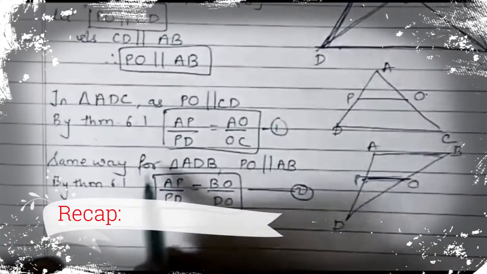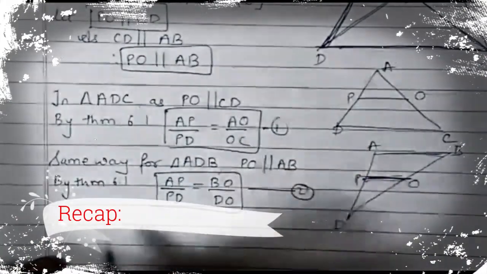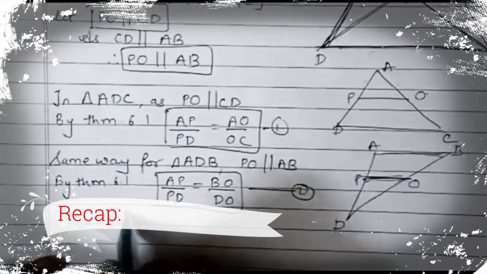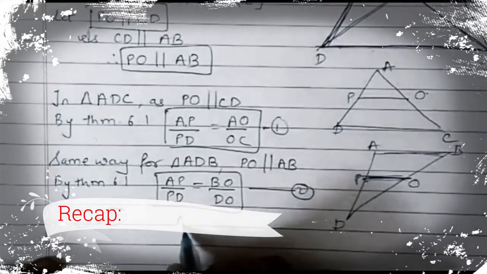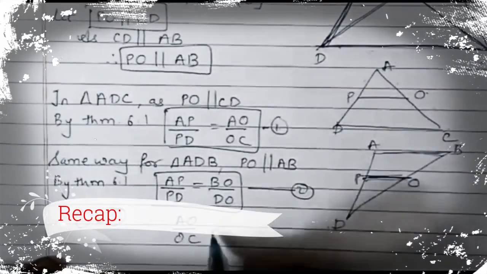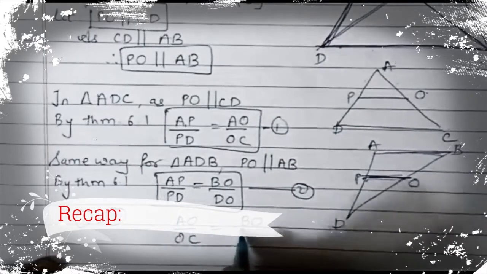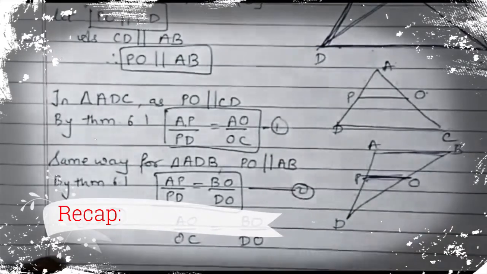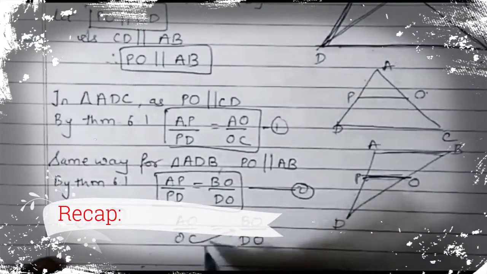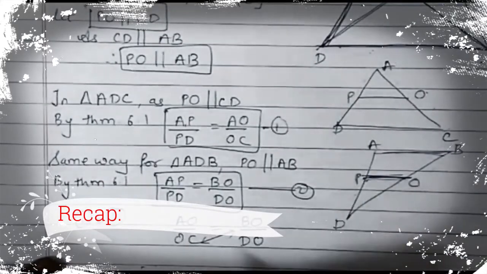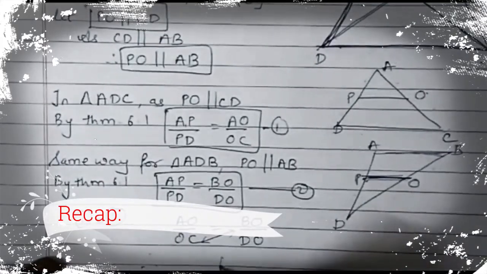First and second result, so their left hand sides are same. So we can write result number 1 can be equated as 2. We will get AO upon OC will be equal to BO upon DO by cross multiplication, right? Or by alternando, the property of alternate ratio, we'll get AO is to BO is equal to OC is to